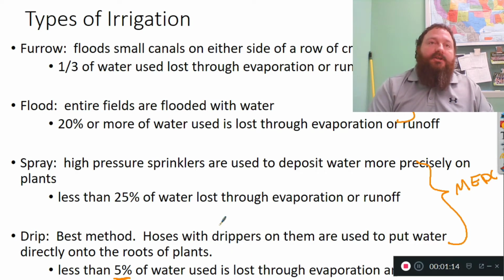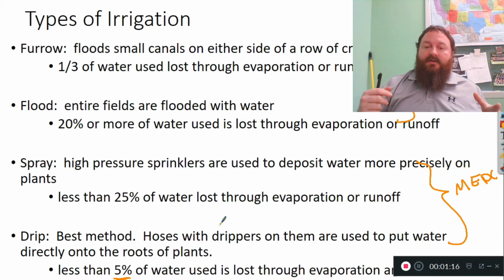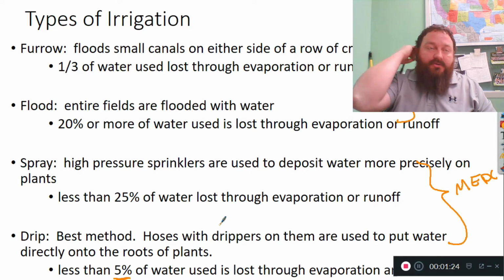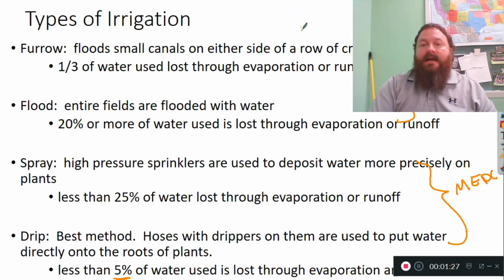You see drip irrigation in orchards a lot because those are going to be perennial plants that come up in the same place every year. A tree doesn't change where it grows at. It stays there year after year after year. So I can put those drip systems in and I can surround that tree trunk with that dripper. That way, around here, the water is going to be draining and putting right onto the plant's roots, exactly where